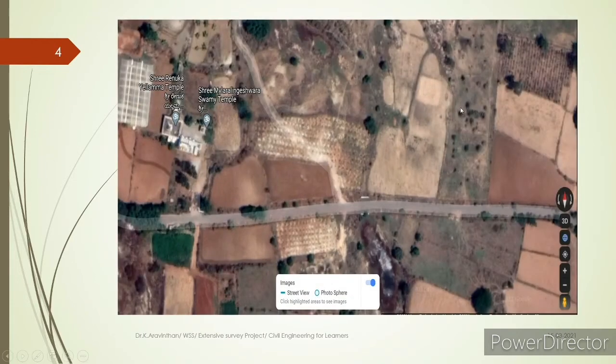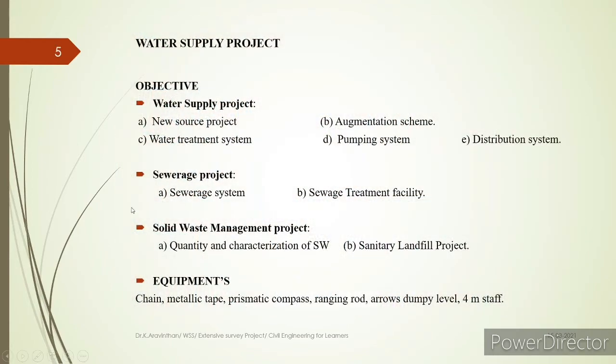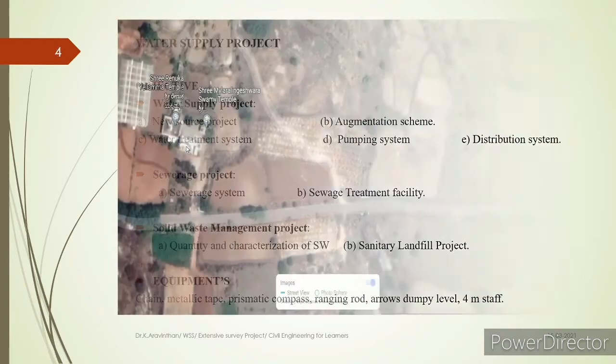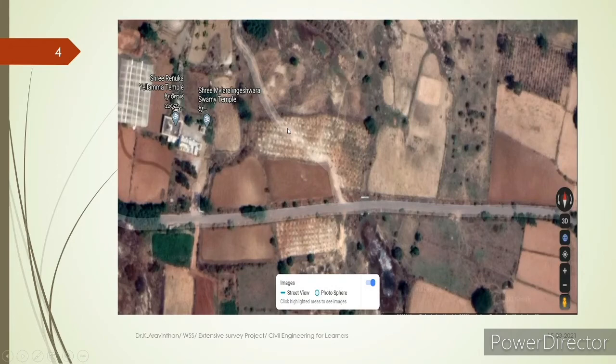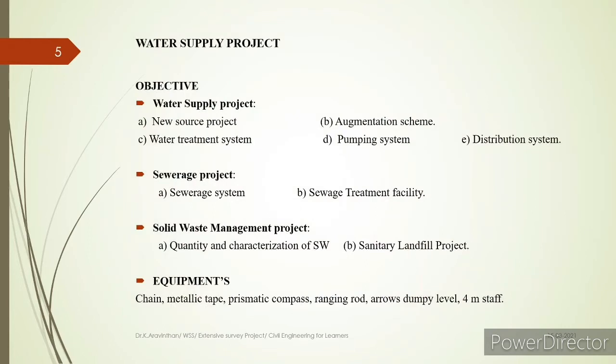In a land, we cannot provide all these structures which I have discussed here, that is the pumping area and water treatment area, just anywhere. It has to be located at a proper point so that everything requires minimum cost and gives the most efficient outcome, so the engineering survey is required here.